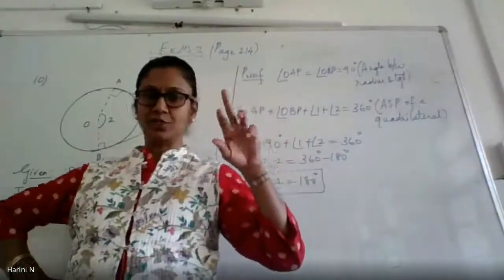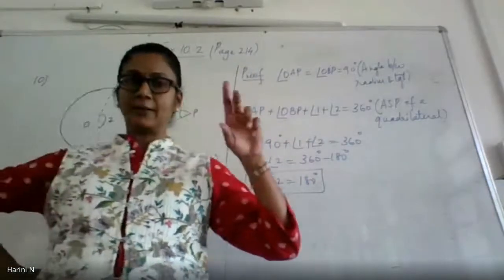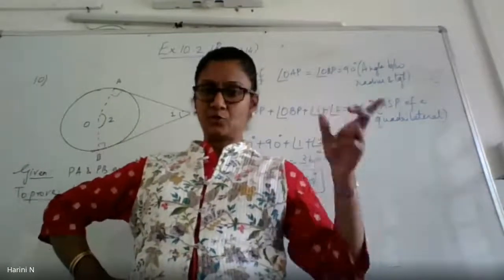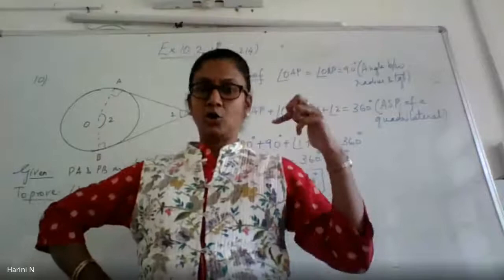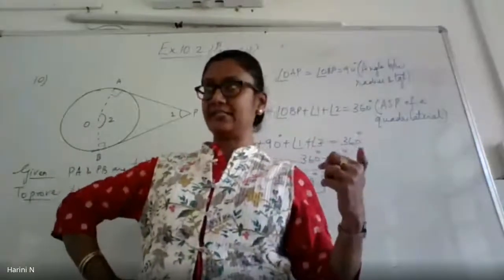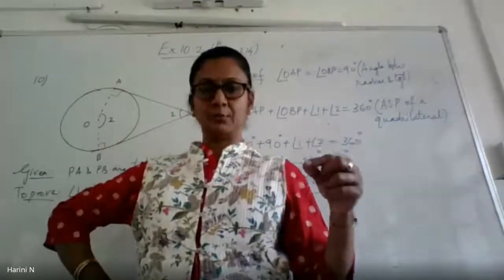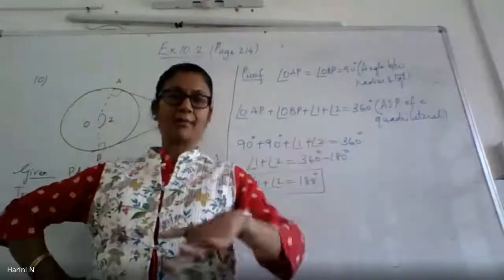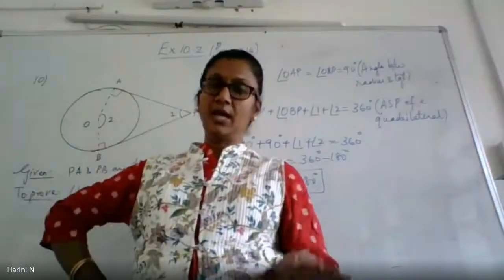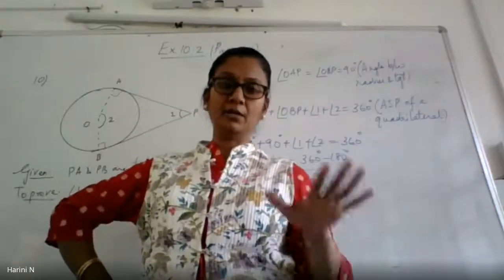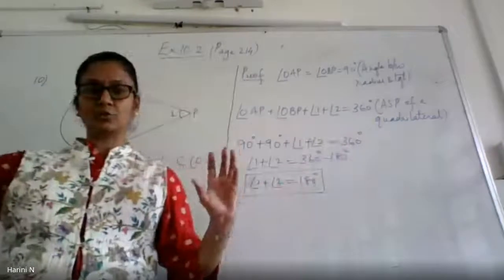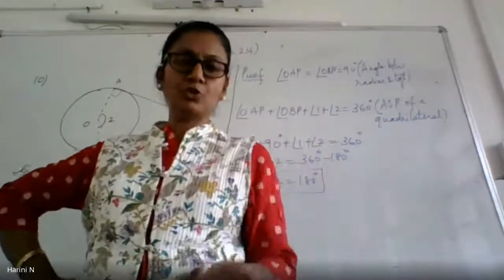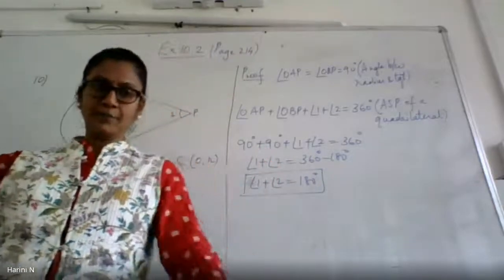So I have given you two or three clues now. You have to show one pair of adjacent sides is equal. You are starting with a parallelogram, so you know opposite sides are equal. Also you know the diagonals will bisect each other. So making use of these properties, if you are able to show one pair of adjacent sides are equal, then automatically all four sides will become equal and hence the parallelogram will become a rhombus. I think you should be able to try this on your own. Those who are able to complete it, please post it in the group so that others who do not know how to do it will be able to follow your proof.